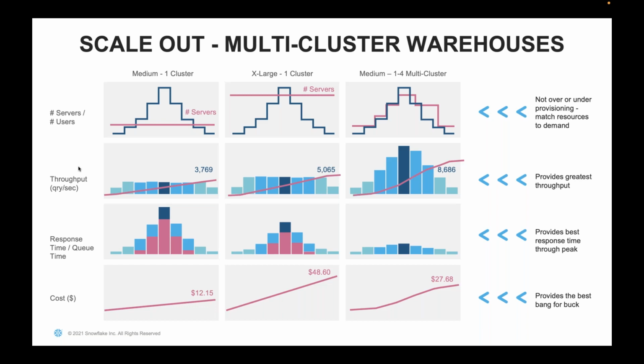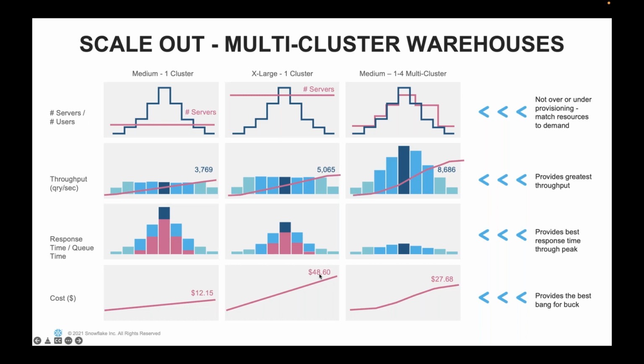What it did is it increased my throughput. The number of queries is increasing, but I still see the queries queuing up. Why? Because the number of queries has increased, but I still am not able to get enough resources to execute my queries. So I'll still be seeing the queuing. You can see that this is also queuing here, the pink color graph which is showing it, the magenta color. Now in terms of cost, since I moved from medium 1 cluster to extra large 1 cluster, my cost has also increased, because my cost has been doubled.